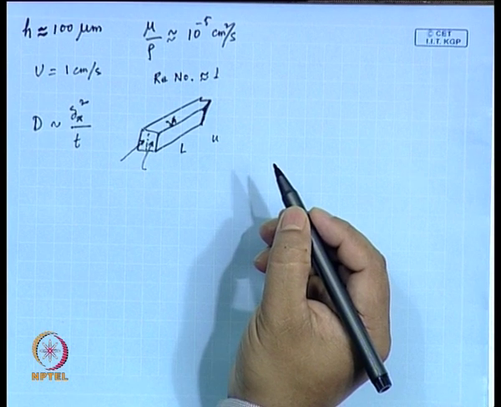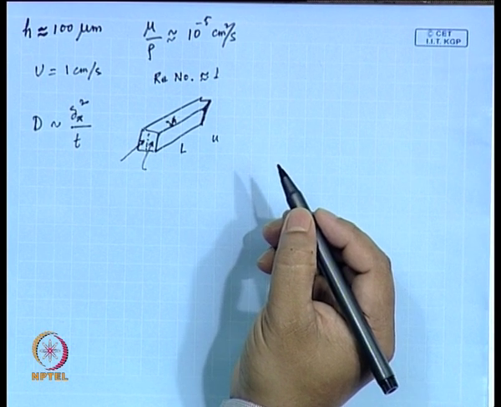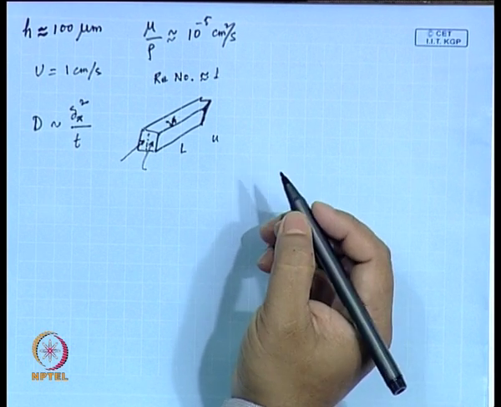Now if we expect that over the length L, if the length of this channel is L, and the half width of this channel is h, and you have the velocity as u, in that case you can expect,